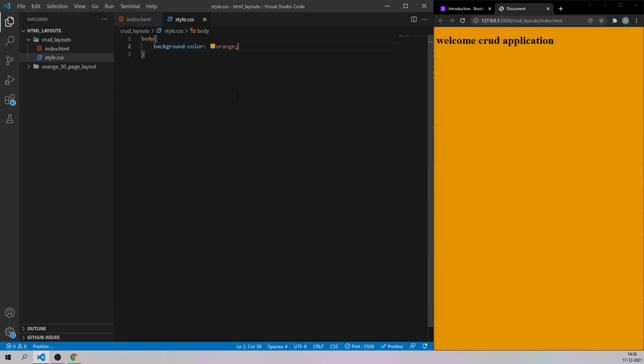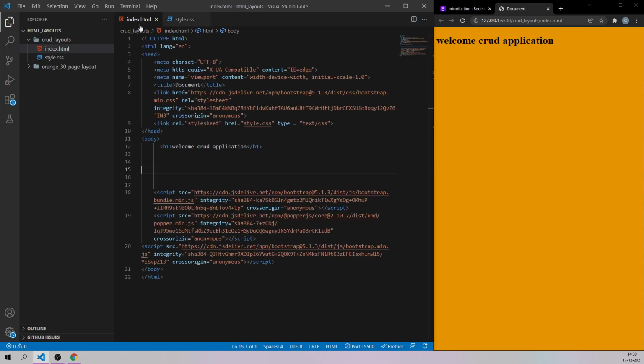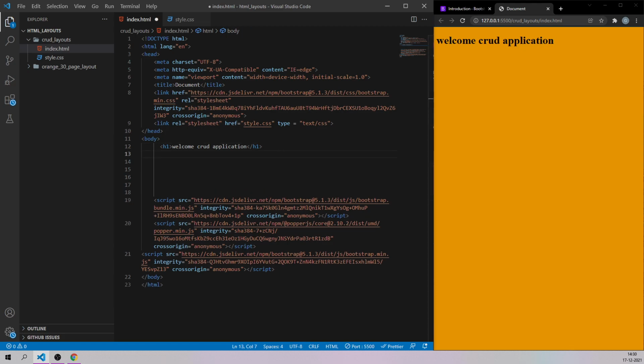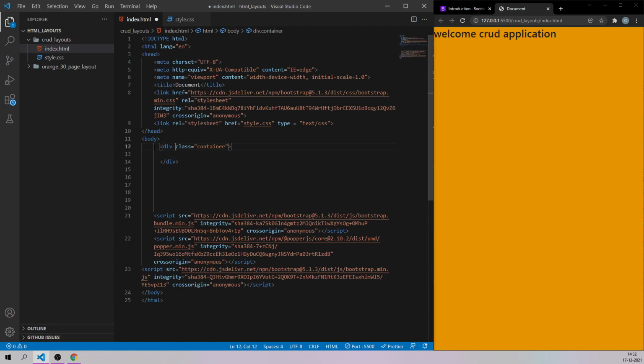Okay, so right now let's just come back to our index.html, and from here on we are going to start designing our web pages. So first let me get rid of this h1, and first let's have a container. Container will be the class name for a division. Okay, as you can see, this is the container which we have got. Okay, and I'll give my own personal class name called parent, because this will be the parent for all the child elements which are going to be there inside this particular application.